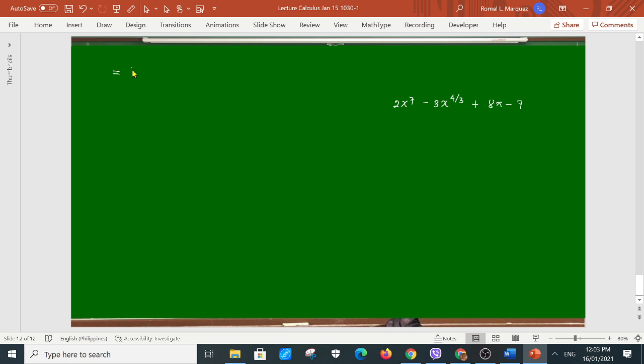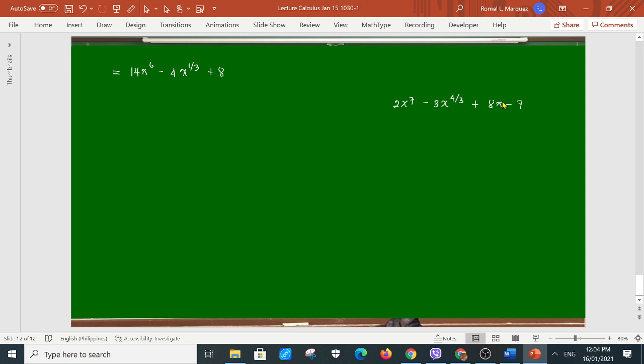So, 14, no? Pwede yung diretso na. 14, yan. X to the 6 minus 4 thirds times 3. So, that is minus 4 x to the 1 third. And then, dahil minus 1, plus derivative of 8x is 8. 8, derivative ng x is 1 raised to 0. No, okay? So, so we have